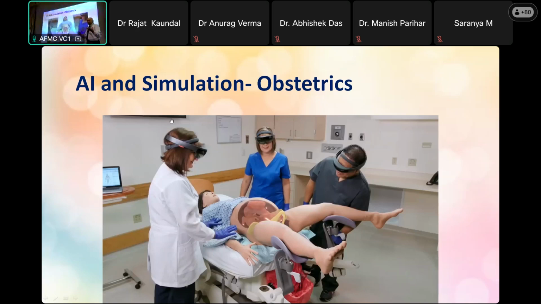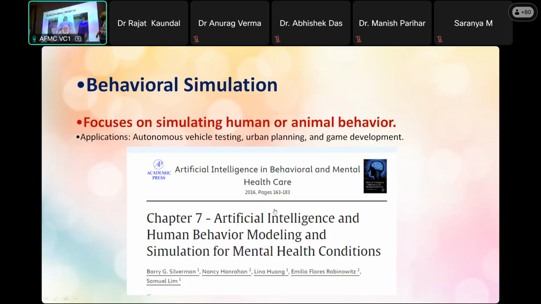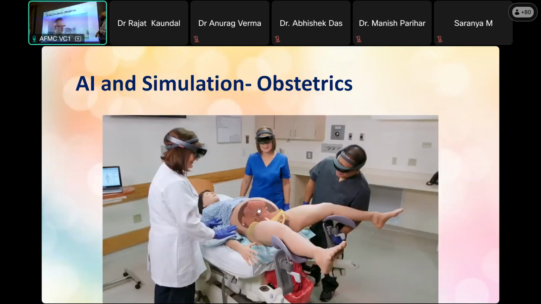CME Healthcare selected shoulder dystocia as the first scenario on Lucina AR because it's a rare complication of delivery, but it's one that's difficult to manage. You have a number of options. You need to think fast. Seeing the anatomy, seeing the progression of the baby in the birthing canal, and seeing where the shoulder gets stuck is going to be very helpful to understand how to fix it. Seeing them in front of your very eyes as a student is like a revelation. This is the future of healthcare